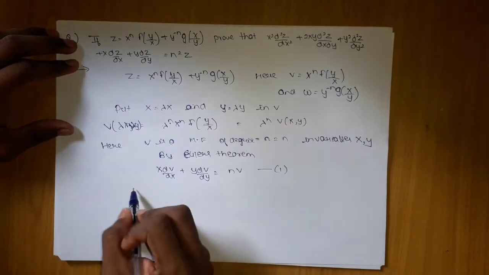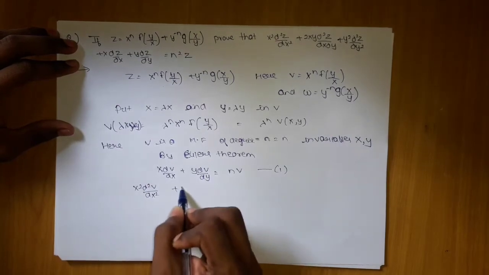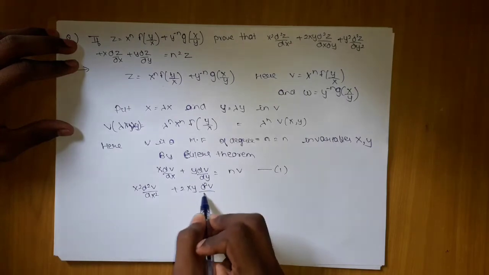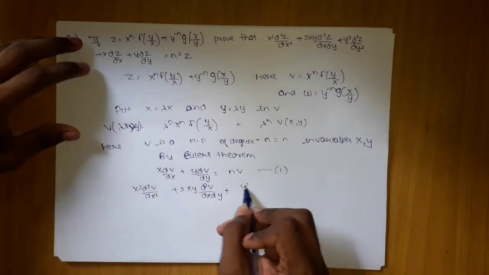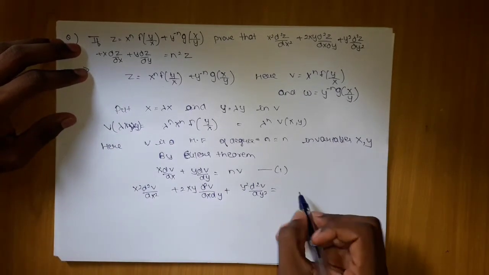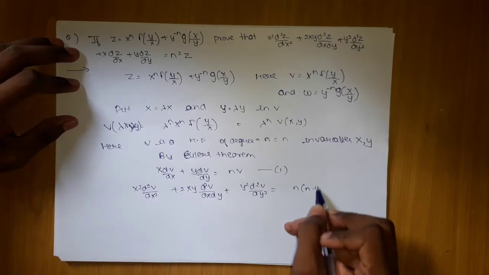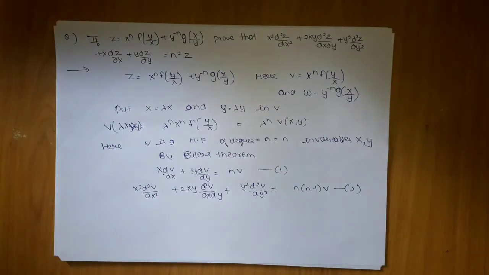The other equation will be x square dou square v by dou x square plus 2xy dou square v by dou x dou y plus y square dou square v by dou y square is equal to, what is the value? What value are we going to put here? N into n minus 1 into v. This is my second equation. Similarly,